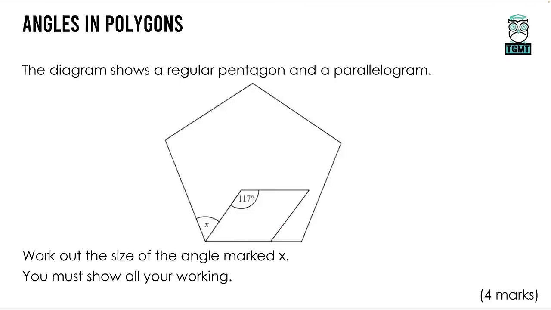Now, angles in polygons are a bit trickier, particularly when we are not using a calculator. There is a formula for angles in polygons. Typically, a formula method is relatively quick to use. We take the amount of sides of the polygon. This does say it is a regular pentagon, but you can count the sides, 1, 2, 3, 4, 5, and we subtract 2. So 5 take away 2 is 3, and that tells us how many triangles this shape is